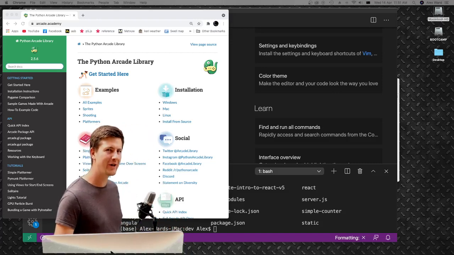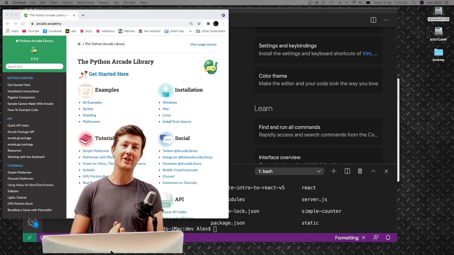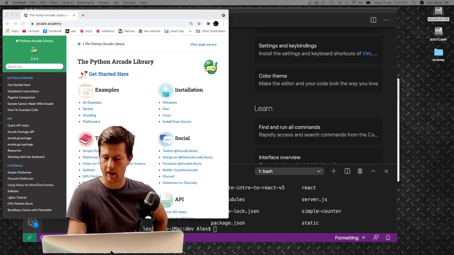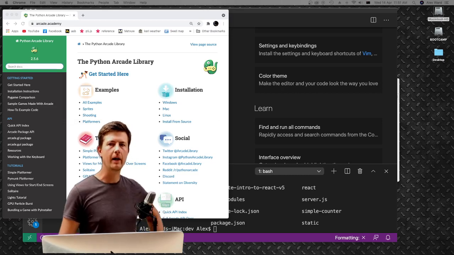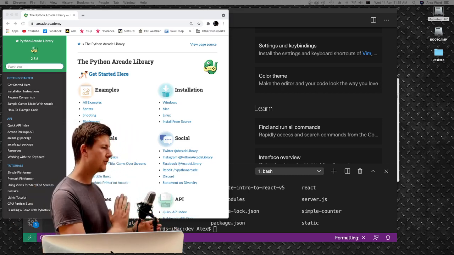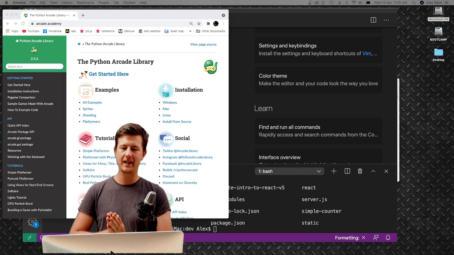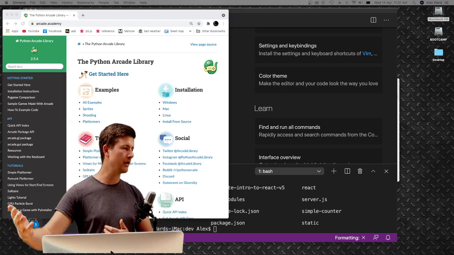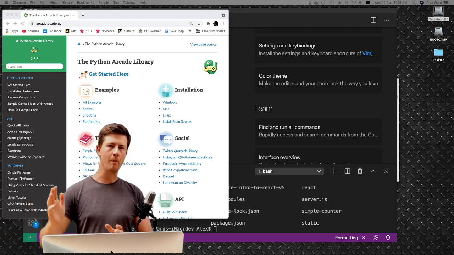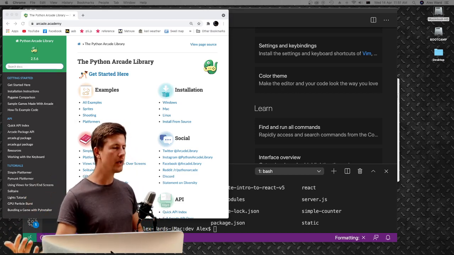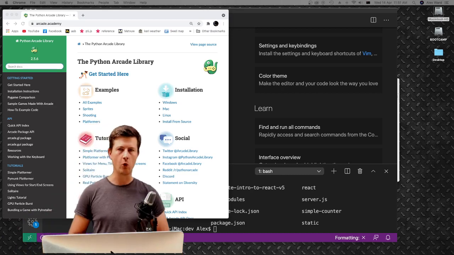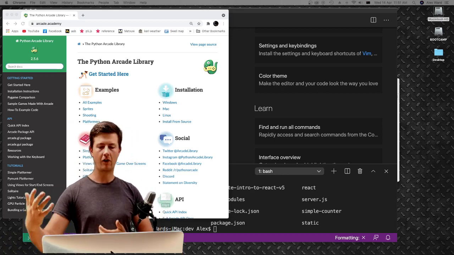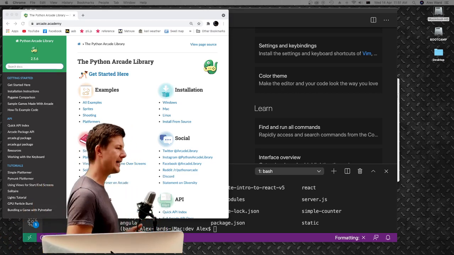Welcome to a brand new series. This time we are starting to look at the arcade library in Python. If you're starting this, I'm assuming you've got a working knowledge of Python already. You've completed my series on Introductory Guide to Python, a beginning Python series. Or maybe you're coming to this having coded up a little bit of Python before. You will need a working knowledge of basic Python before we get into the arcade